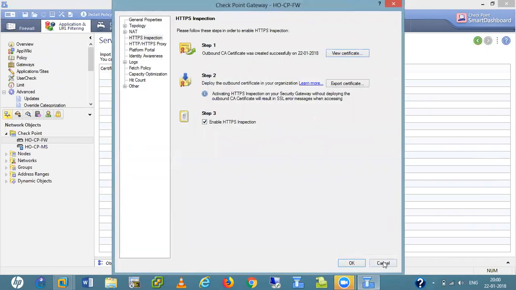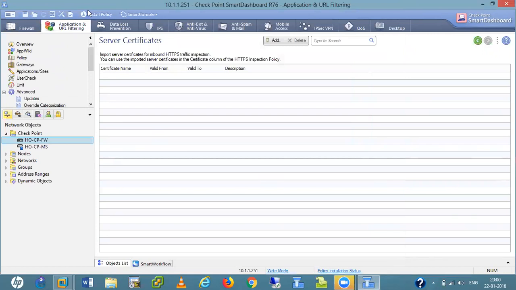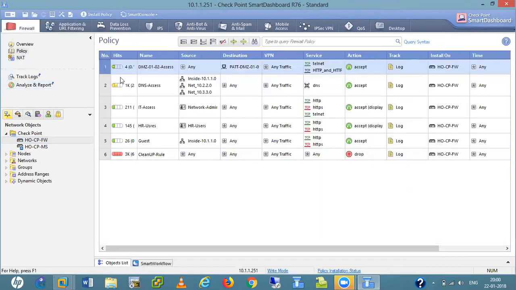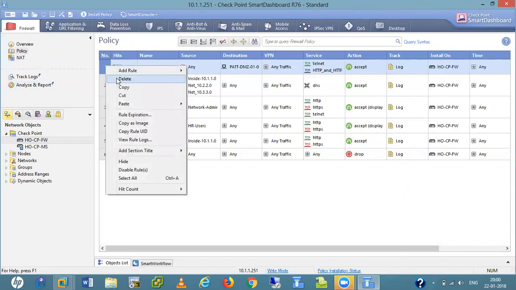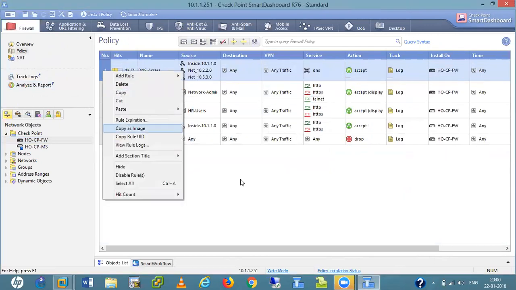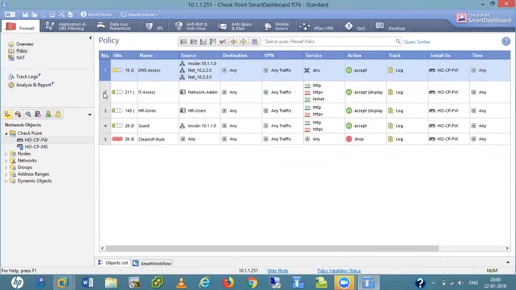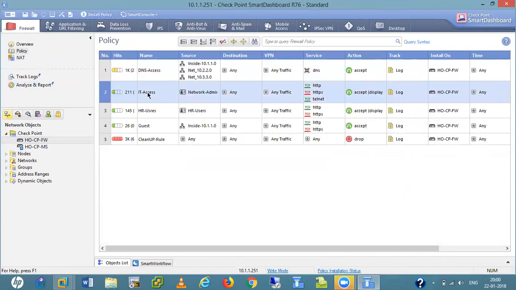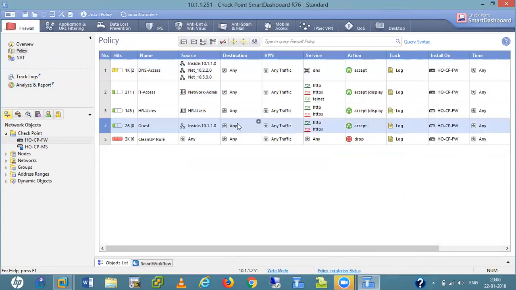So now I also check my policy. Let me delete some rules there, because I don't want these rules now. Delete this one for traffic DNS, IT access, HR users, guest.